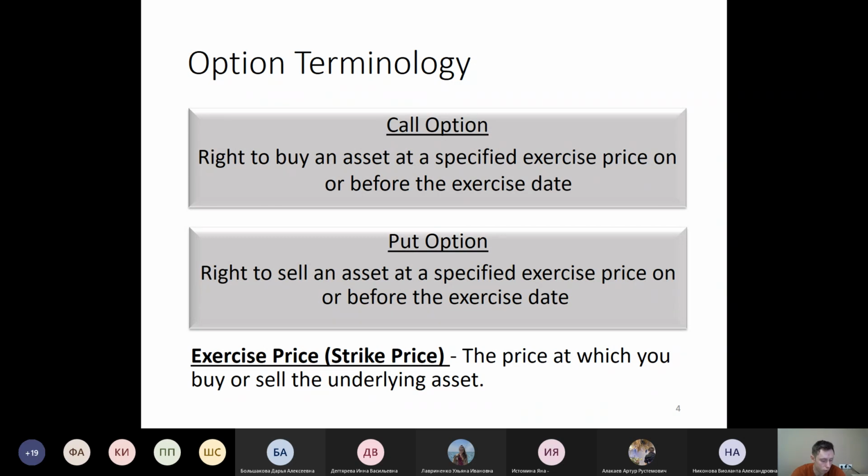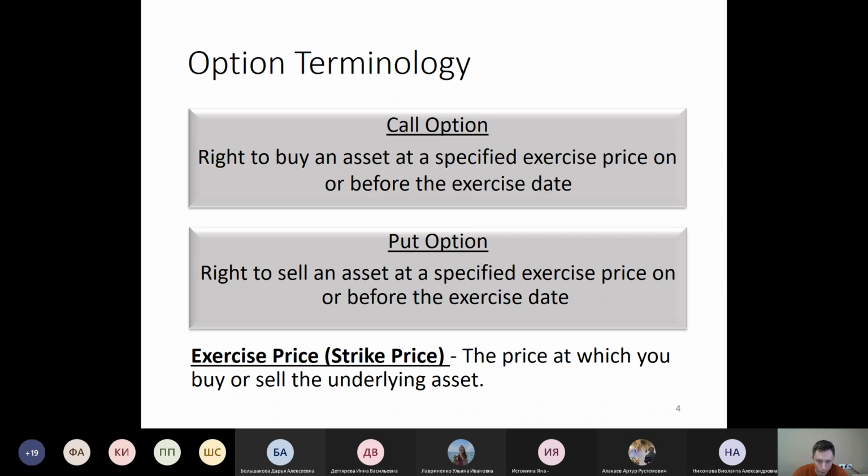So how to remember this? Have some analogy in your head. So put, imagine you put something on the table in order to sell it. So this is the option to put. And call, like you can call by the phone or call someone personally, saying, I want to buy something from you. So in this sense, that is why the option to buy something is called